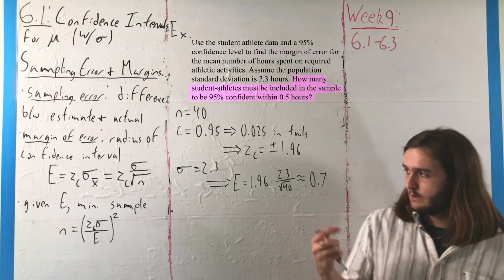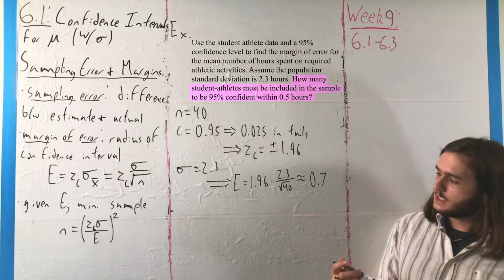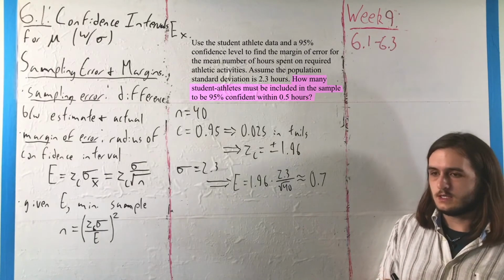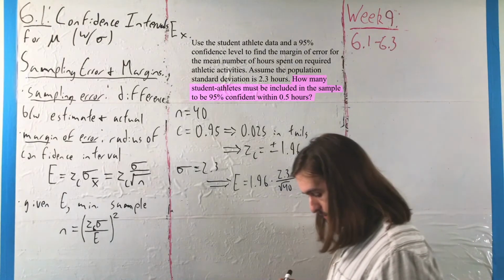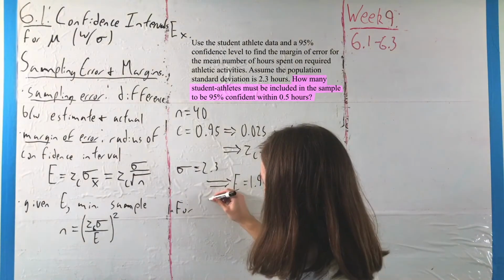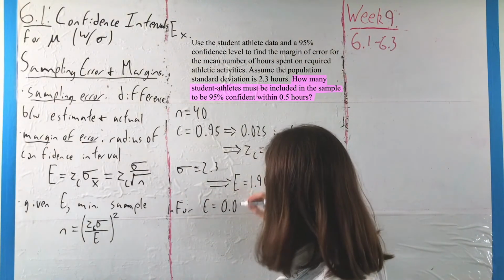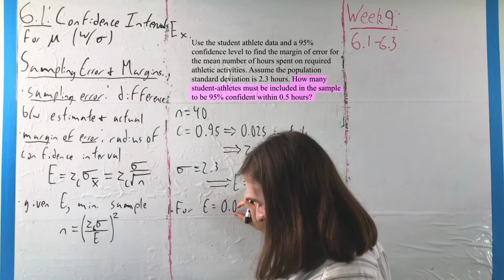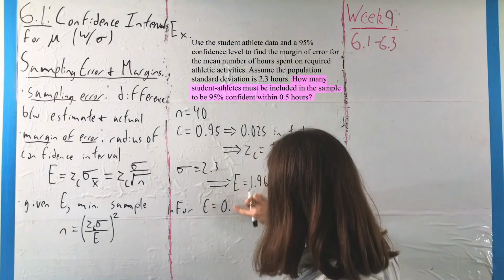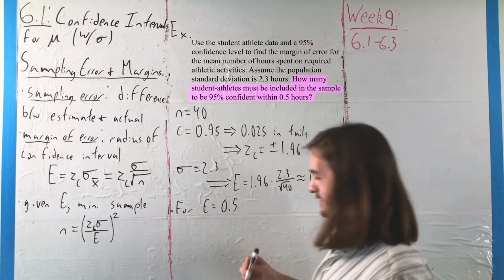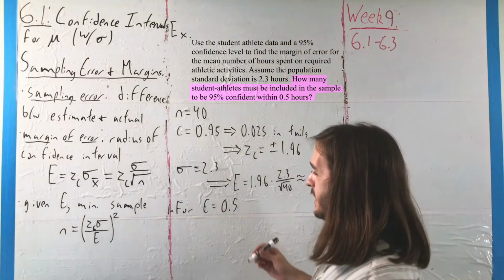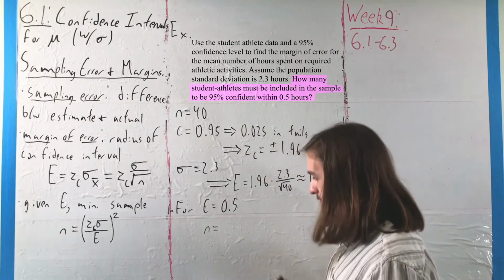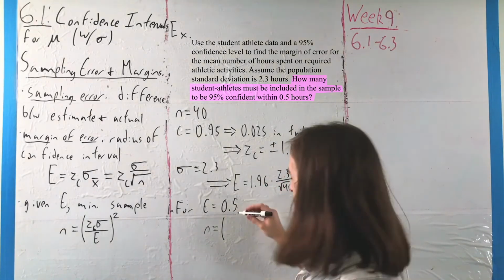But for our second question, we want to figure out how much we would need in order to get the margin of error E to be 0.5. So for E to be equal to just 1/2 hour, it's too many zeros. There's a lot of zeros in these problems. What we would need then is our value n has to be, again, still talking for a 95% confidence interval,